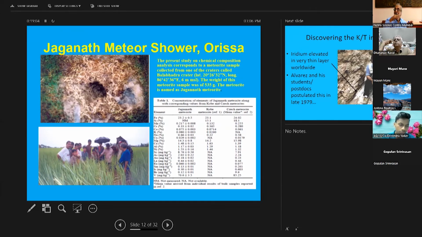So hence we say when a meteorite shower falls over a 33,000 square kilometer area, how can you call it by one name, the place of one area? If something falls here in Worli, I cannot call the whole area, whole Bombay, as Worli,